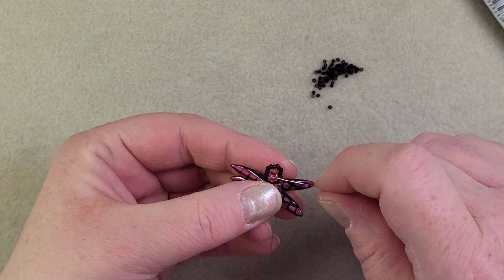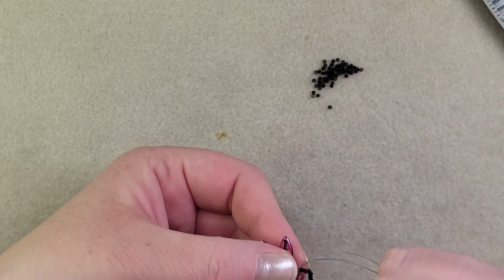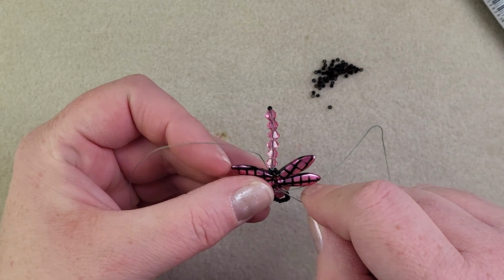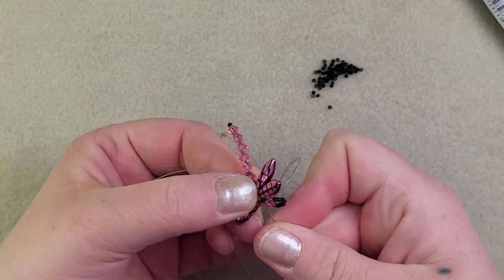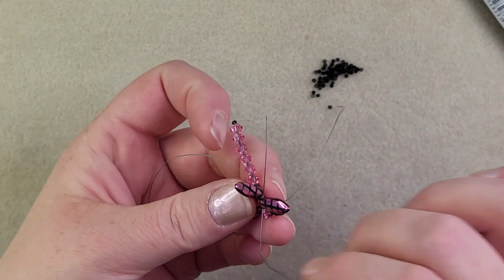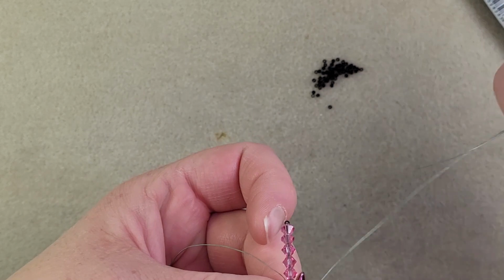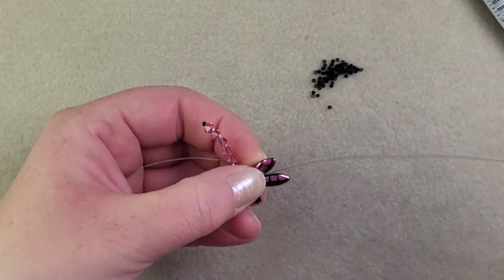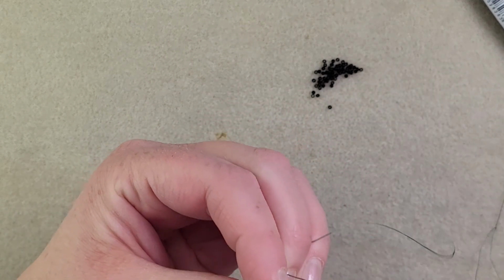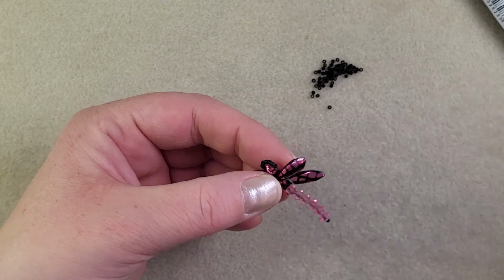And back through the head bead. And now what we've got to do is go through this guy here. And I want to end in between the wings if possible. So this guy can be done away with. All right, so here we are now in between the wings, and it's a pretty cool place to end